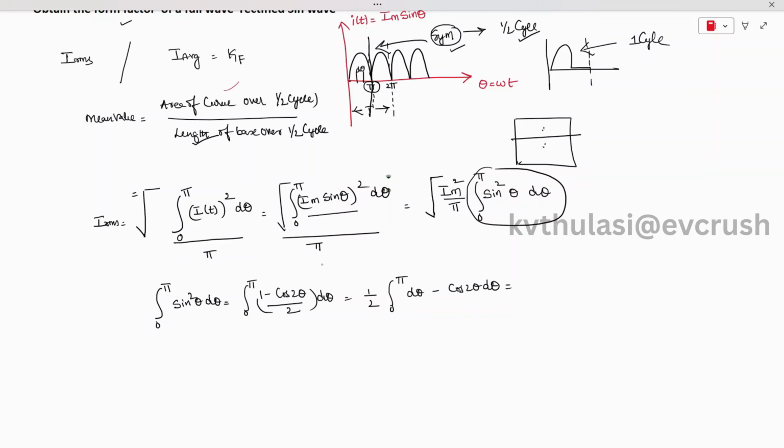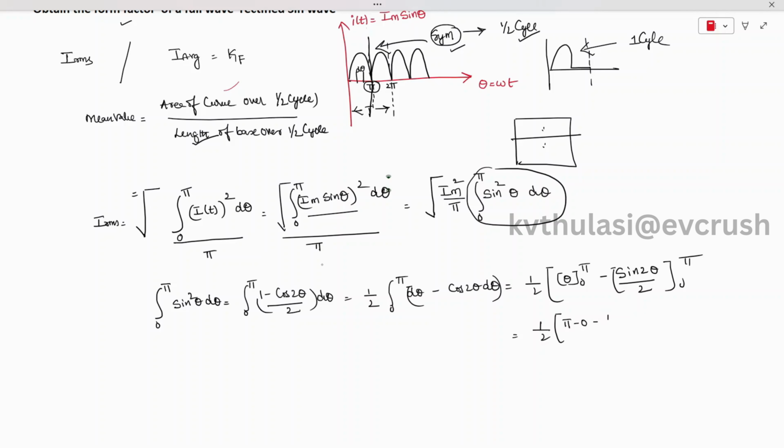So that is equal to 1 by 2 integration. Differentiation of these two terms will become cancelled out, and here you are going to have theta varying from 0 to pi, minus integral of cos 2 theta, which is minus sine 2 theta divided by 2, and the limits are varying from 0 to pi. So when you do it, then you are going to have half into this value is pi minus 0,